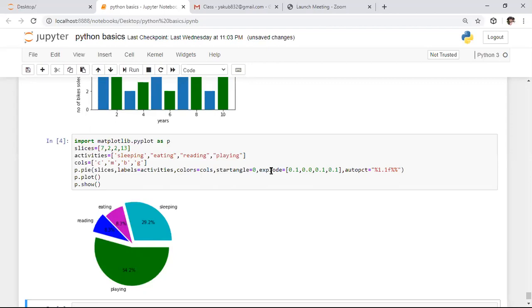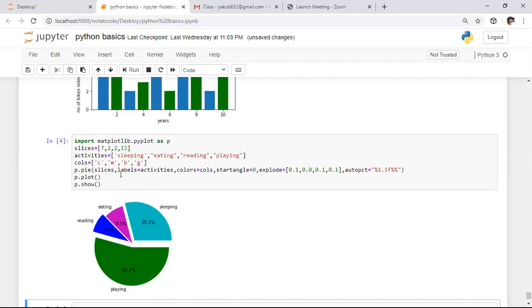Here, we did not specify the orientation of the graph. If you don't specify the orientation of the graph, by default the plot will be plotted in counterclockwise form. So here it is the labels. After these labels, we have the label eating. In this pie function, we have slices, those are nothing but these activities. These are normalized to the 360 degrees angle.